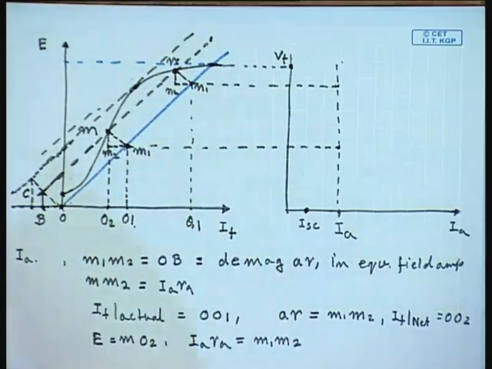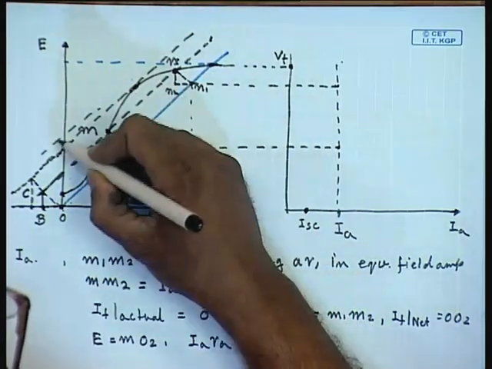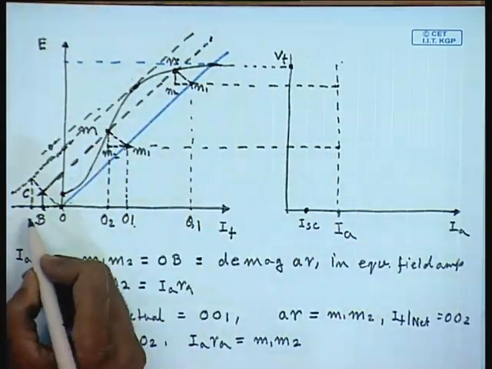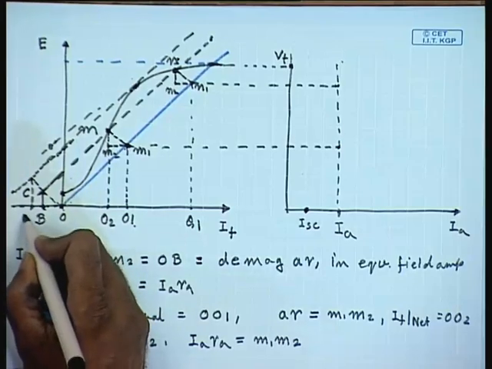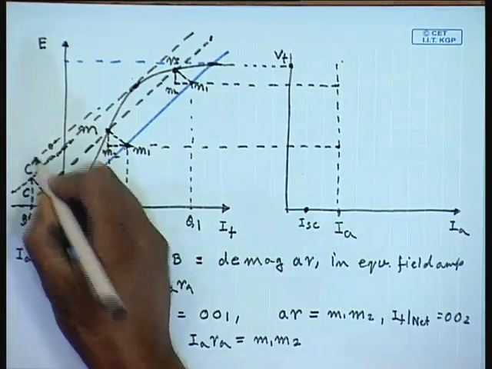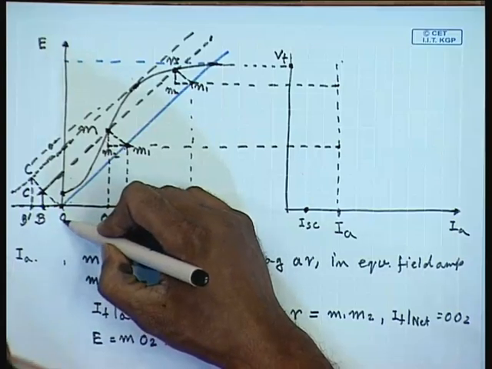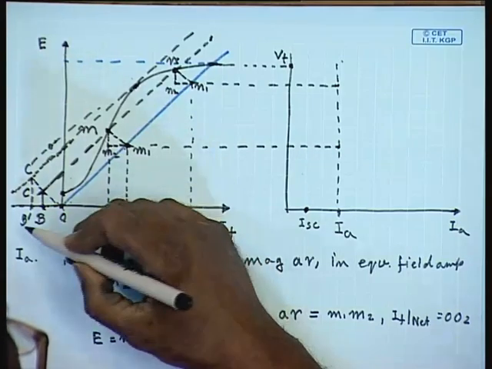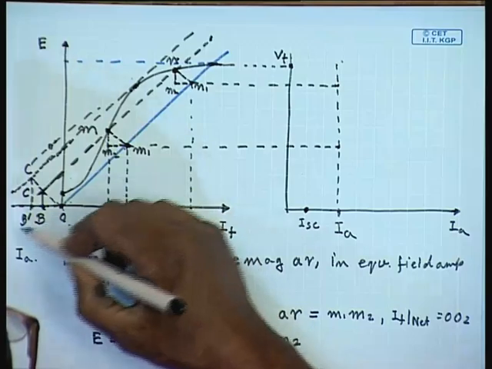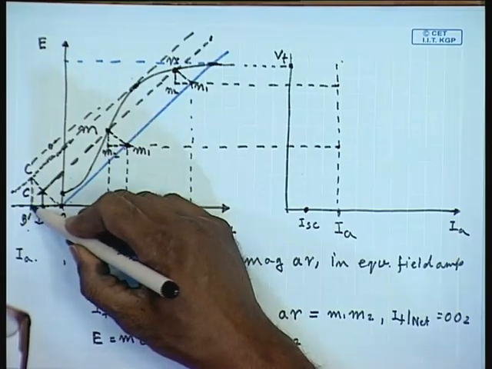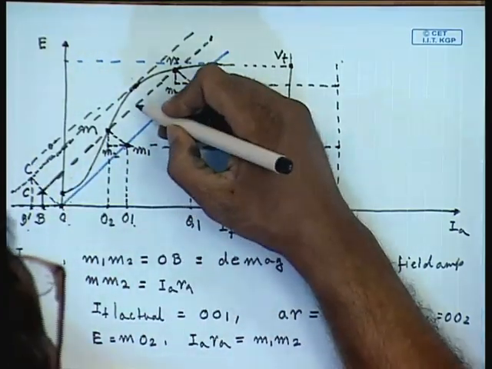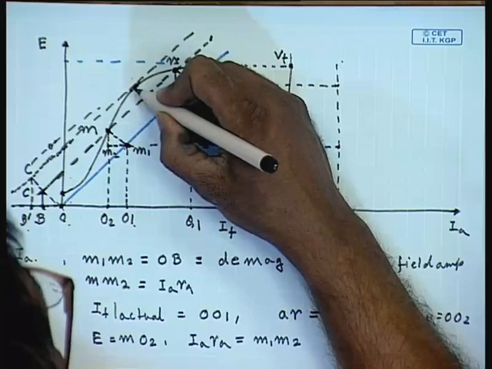For the maximum armature current, the effective armature reaction demagnetizing amperes in equivalent field ampere will be O B dashed and the armature drop will be B dashed C dashed. Therefore, we draw a line parallel to O C dashed